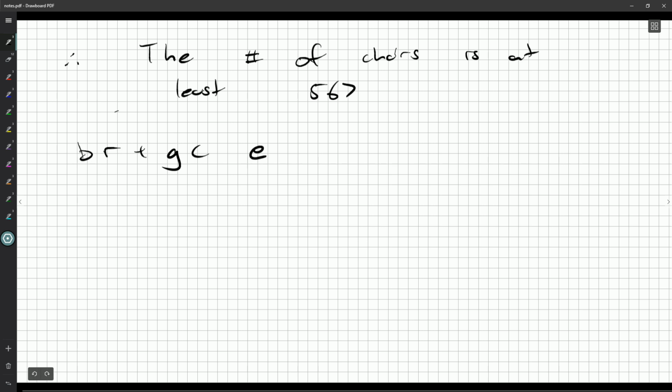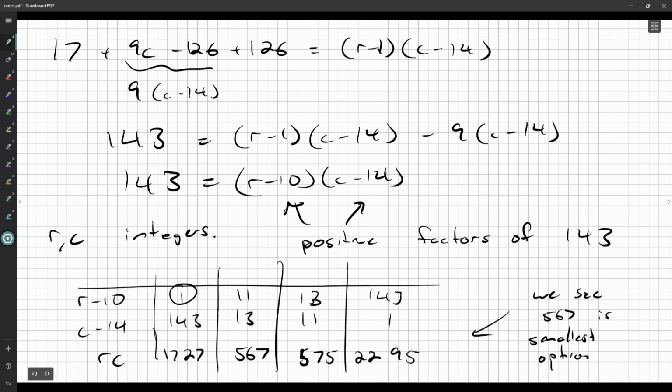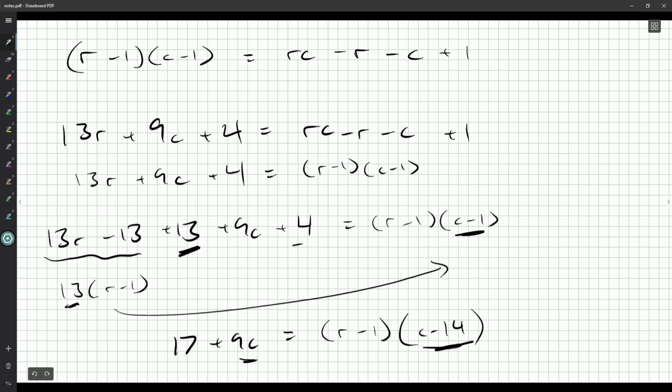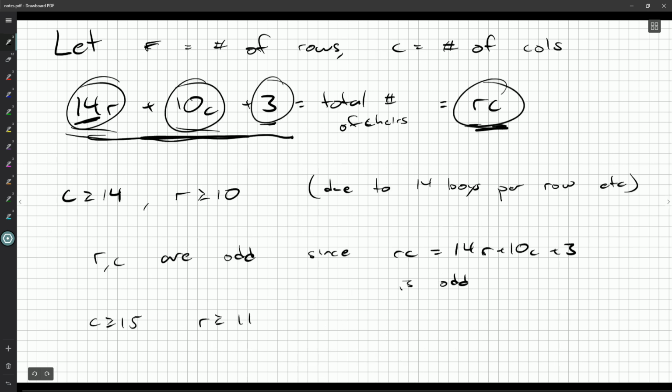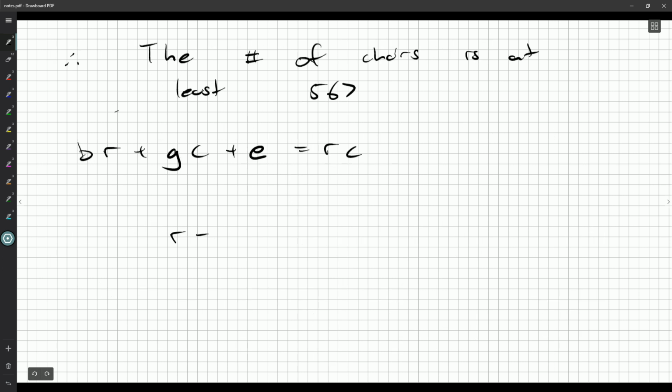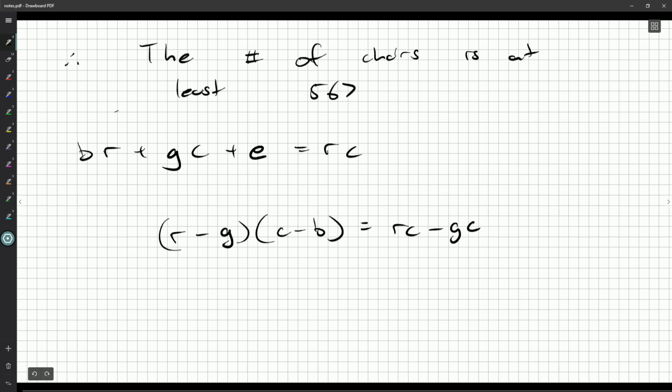I mean, that's all we did here, was we worked with equations like this. And so, what did it turn out to be? r minus 10, c minus 14. 14 was with the r, so it'll be r minus G, c minus B turns into rc minus GC minus BR